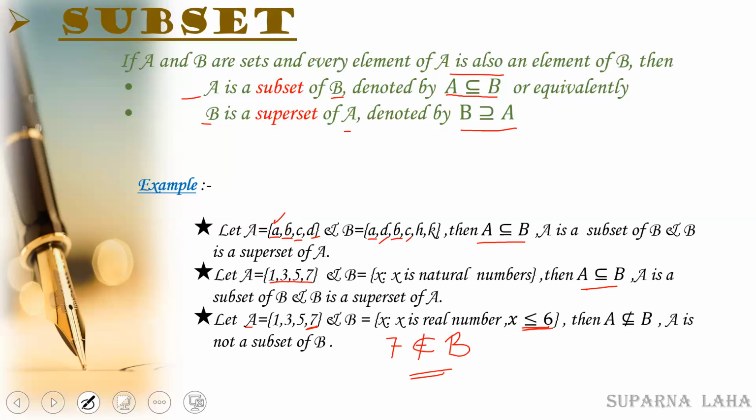If we can find just one element of A such that it does not belong to B, at that time we can say A is not a subset of B, or B is not a superset of A. Just for only one element. All the other elements may be present in B, but if just one element does not belong to B, that time also we call the set A not a subset of B. So next,